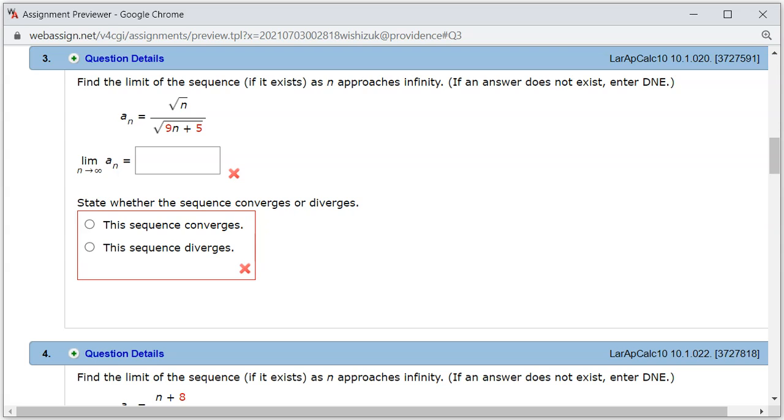All right, let's look at the homework 10.1, problem number 3. We have this formula for a sequence given, and we want to take the limit. So let's do that. We want to take the limit as n approaches infinity. You have square root of n on top,